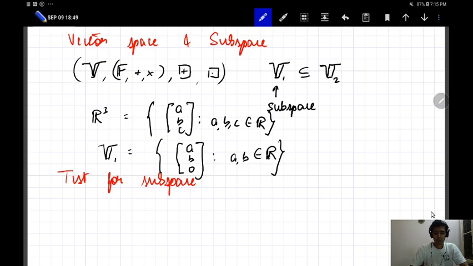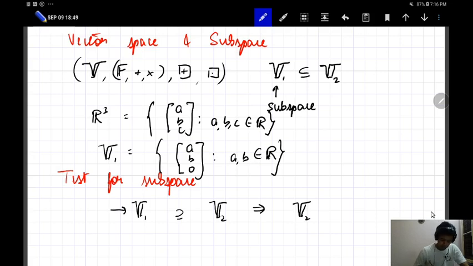But then, if we have, say, a vector space V1 over a field F, and we are given an arbitrary subset V2 of V1, then how do we test whether V2 is a subspace of V1? Of course, one way is to check whether each of the properties of a vector space is satisfied, but there's actually an easier way, and I claim that if V2 is a subset of V1, then